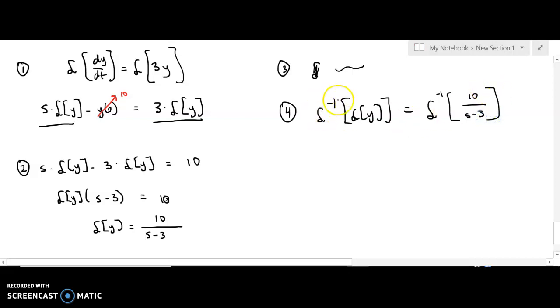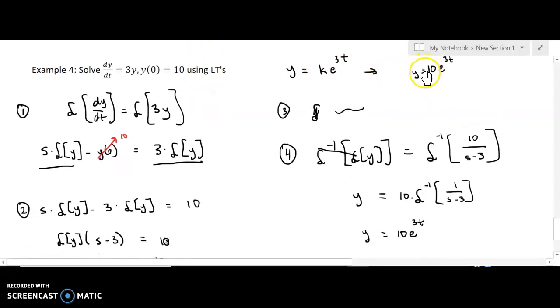Now the inverse Laplace of a Laplace is like saying take the integral of y and then take its derivative. So these two cancel each other out, and this is exactly why we take this series of steps. So we get y equals, now I'm going to factor out a 10 times the inverse Laplace of 1 over s minus 3. The inverse of 1 over s minus 3 is e to the 3t. And lo and behold, we have solved our first differential equation, which agrees with what we know about the solution to that. So in the next video, we'll actually just do some more examples with this, and we'll see how the algebraic trickery